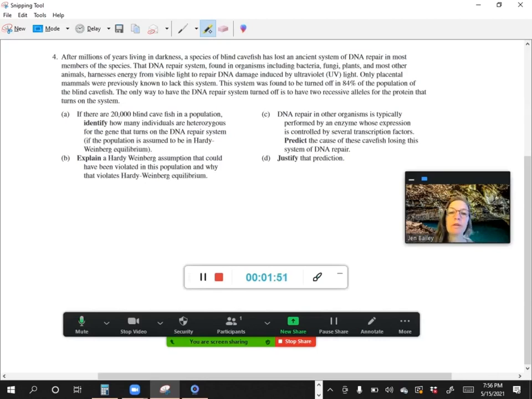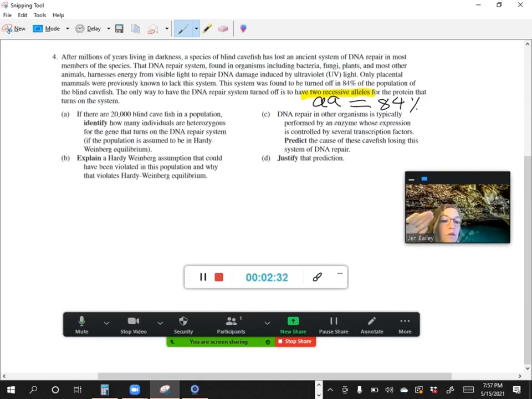Only placental mammals were previously known to lack this system. Interesting. This system was found to be turned off in 84% of the population of the blind cavefish. They gave me data, so I'm probably going to be doing a calculation. Okay, let that be a clue to you. The only way to have the DNA repair system turned off is to have 2 recessive alleles for the protein that turns on the system. What is that going to look like? You could do something like this, right? Double A, okay? So you can say double A equals 84% of the population, okay? So the only way to have the DNA repair system turned off is to have those 2 recessive alleles,